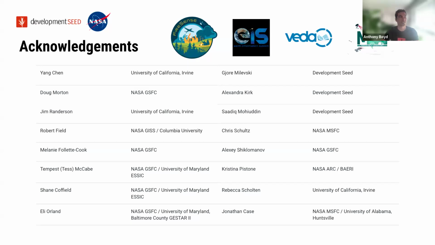Quickly, some acknowledgments because there have been a ton of different organizations and teams and individuals involved in this work over time. This is a way too short list, so it's certainly not comprehensive. But you can see, across NASA, Development Seed, in different projects and even within NASA, such as FireSense and VETA and MAP. So some of these names and acronyms might sound familiar to you, but there's so much praise and contributions that we could call out on this slide.